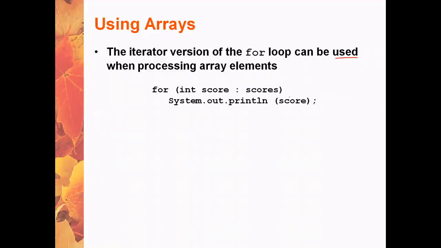We have seen that scores array. Suppose I want to print all the elements from the scores array. I may use a for loop like for int score, this is a counter variable, colon, the array name scores. And how this for loop works, as I've told you, every element from scores, one by one, is assigned to the variable score. First time it will assign the first element to score, and we have one statement inside the for loop, System.out.print, and that will print the value of score. Like this the loop repeats for the number of elements in the array, and all the elements can be printed.